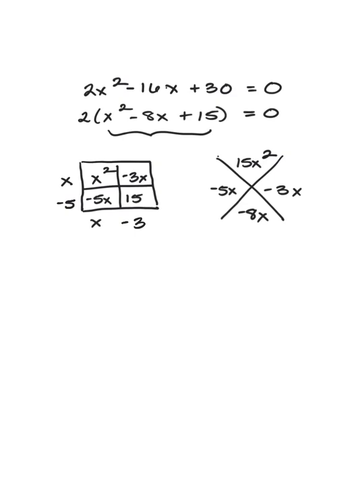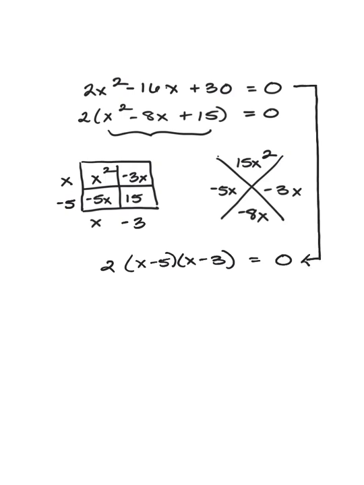Okay, so x squared minus 8x plus 15 factors into x minus 5 times x minus 3, and I still have that greatest common factor of 2 on the outside that I pulled out, and all of this is still equal to 0. All I did was take what's in the first line and rewrite it in a different form,